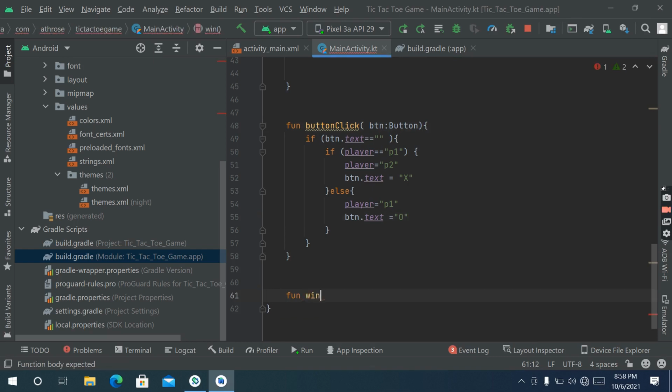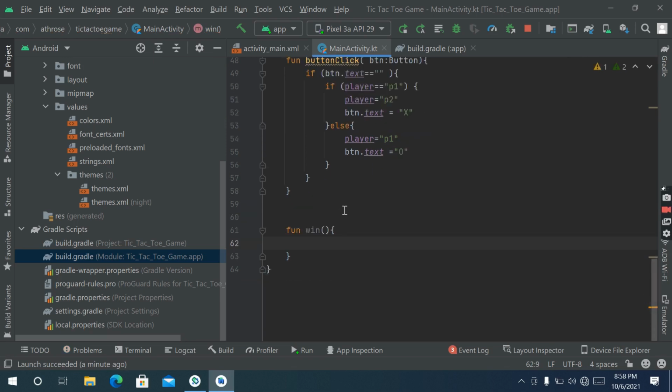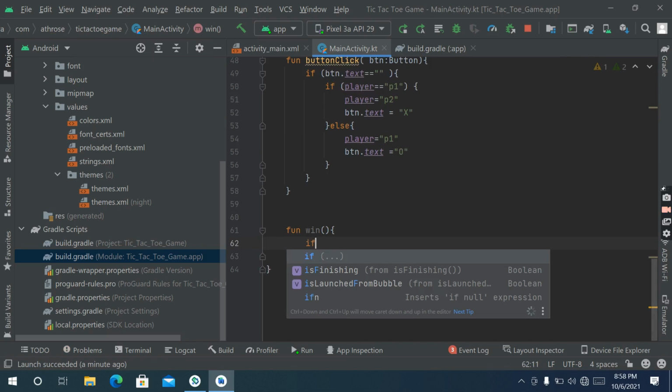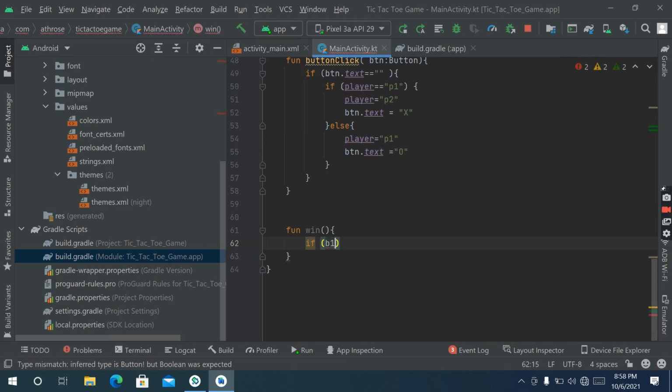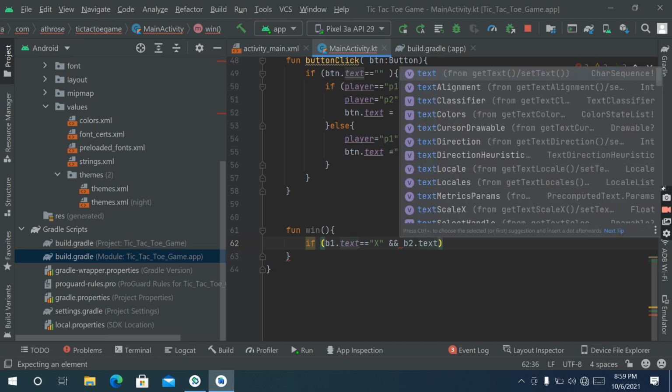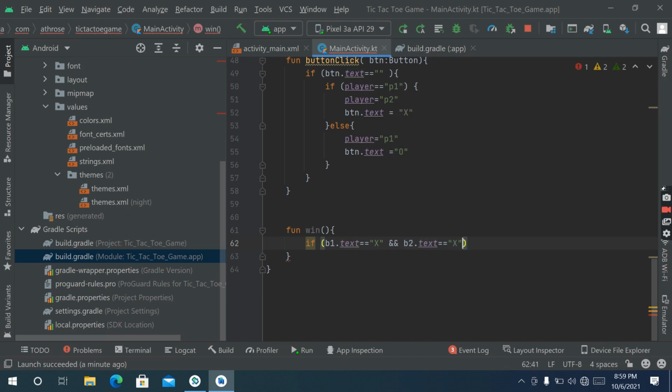function win. Okay, if b1 dot text equals p1, and b2 dot text equals x, and b3 dot text equals x. Then